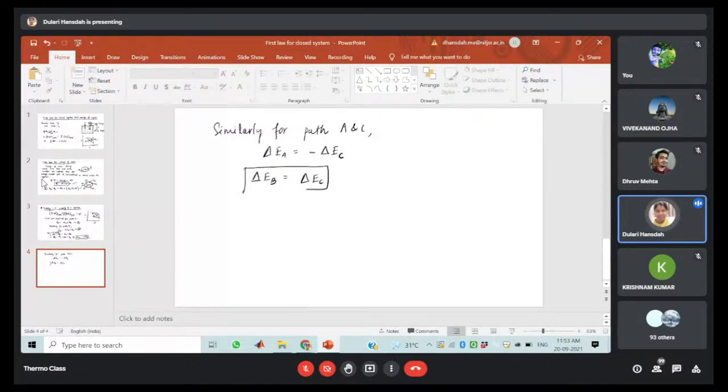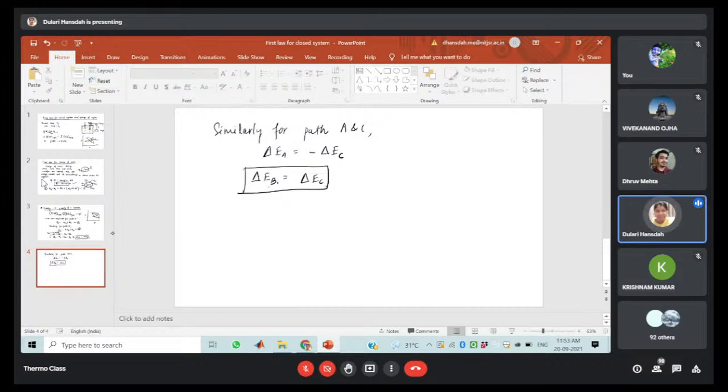So we can conclude that energy transfer in these two states of the system is the same. That is, in state 2 to 1, returning by following path B is equal to the change of state from 2 to 1 by following path C. In this case, the net energy change will be the same.